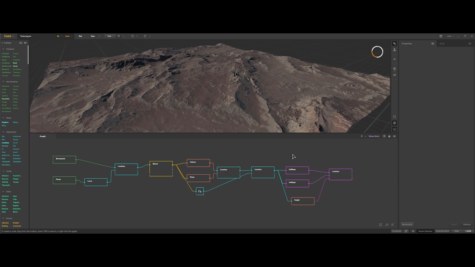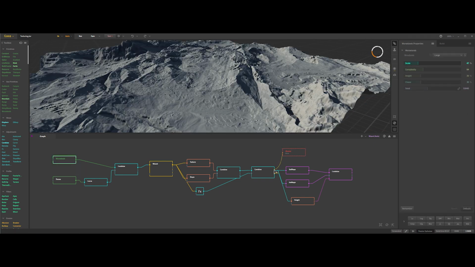Alright, it's time to get this beauty out of Gaia and ready for the real world. Let's export. First up, let's export the mesh. Drop in a mesher node and connect it to one of your Combine nodes. Got an error? That's probably because you're connecting the wrong data. Just try a different Combine node. It's as simple as that. The mesher node lets you control everything: vertex counts, file format, scale, and even LOD options.